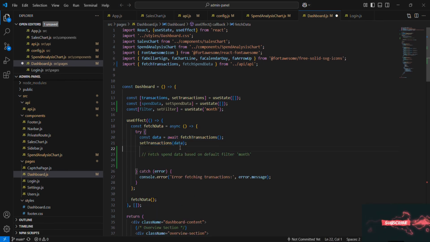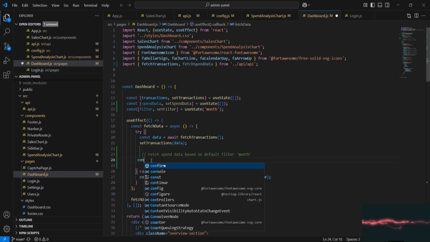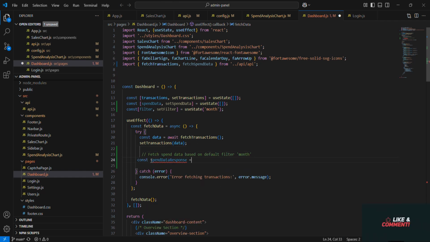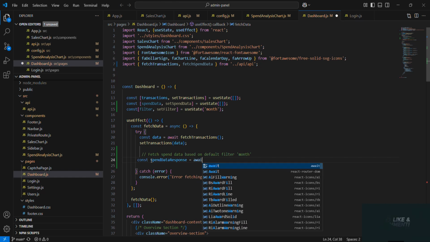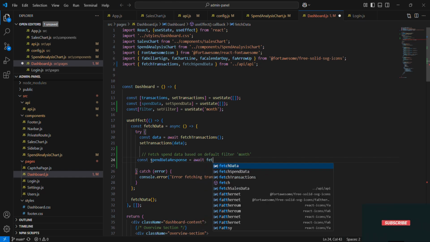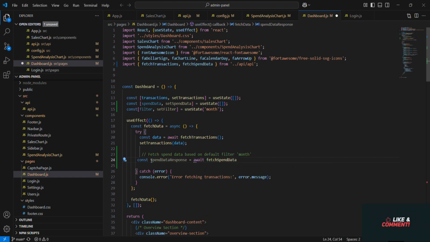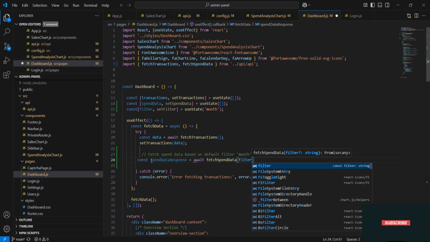Then inside our useEffect, we have an async fetch data function that now does two things. Firstly, it still fetches our transactions as before. Second, it also makes a call to fetchSpendData function along with filter param and sets the result to spend data.